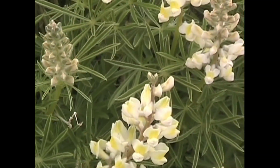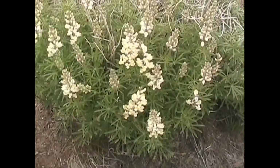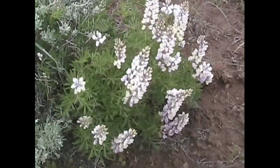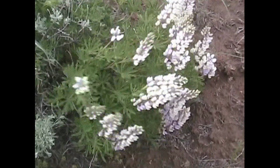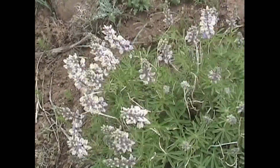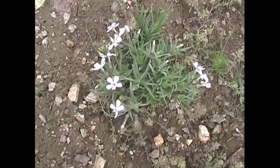After looking the mine over, it's time for us to go back down again. We take a look at some of the wildflowers along the trail. Then I go up and see these rare lupin in bloom. These are indigenous to this area and unique only to this area. There's just a narrow belt of them that runs up